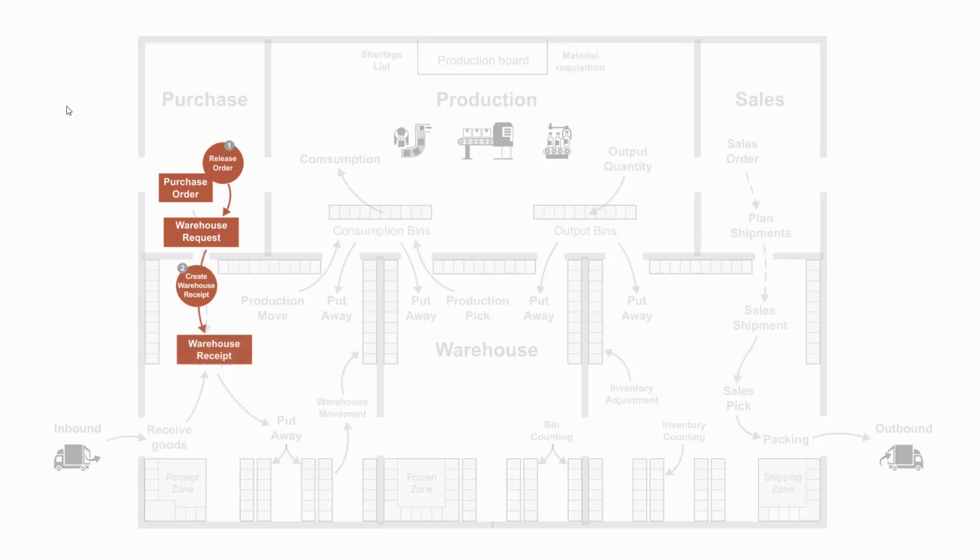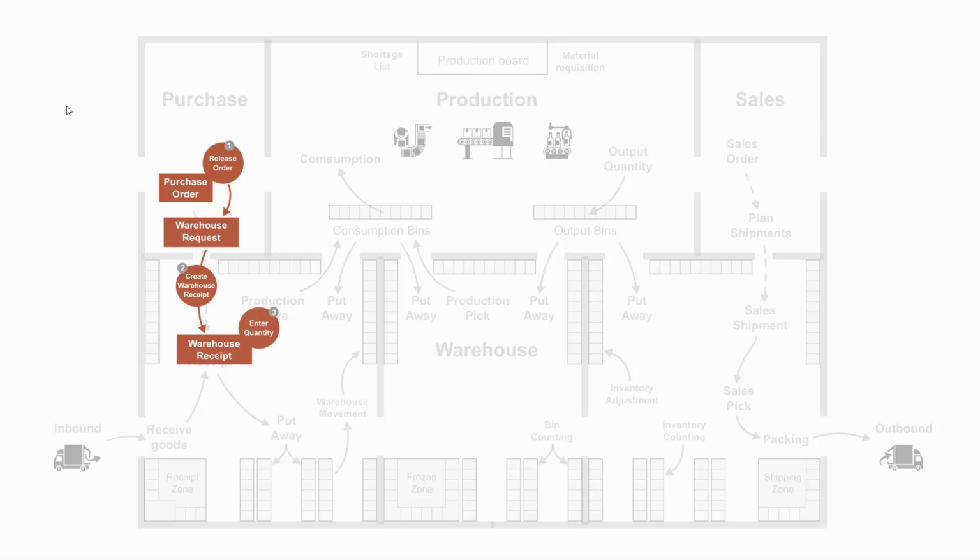This could be done either from each purchase order, creating separate receipts, or from the warehouse receipt by fetching the purchase orders and bundling them into the receipt. Now the warehouse receipt is the document where we actually do the receipt. You can print it out and give it to the people in the warehouse zone.